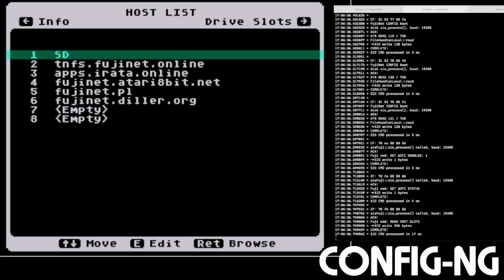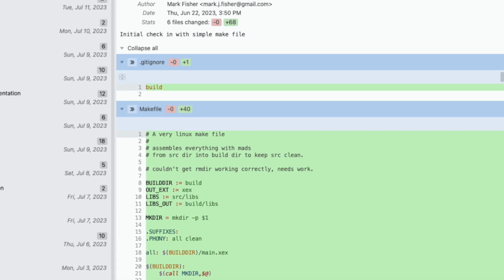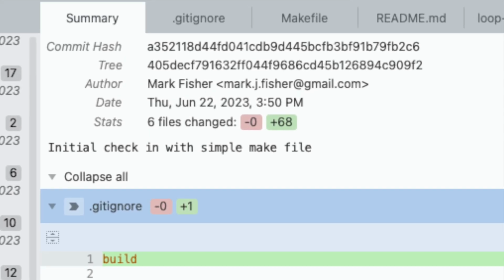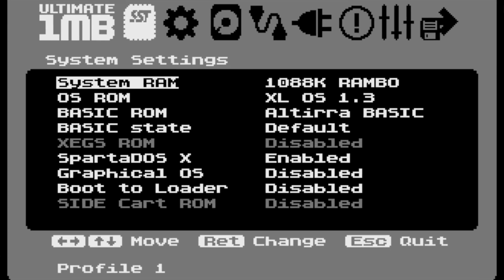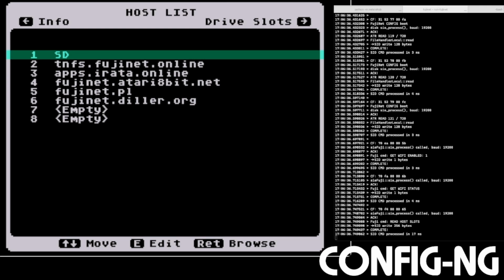So that is config. And the next generation config is a program written by Mark Fisher, who goes by Fenrock on the Discord, and he rewrote it in assembly, and it's quite nice. It has a very different look than the standard config for FujiNet, and it is very fast as it's written in assembly. I'm going to go through a couple of screens, load a couple of things just to show you how it works as an alternative